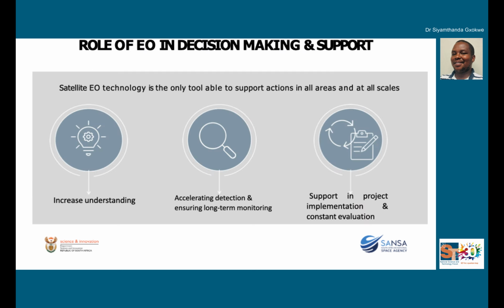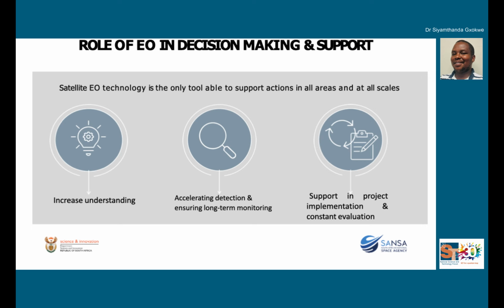And as a result, the role of Earth observation is that it allows us to support actions in all these areas at different scales. When I'm talking about Earth observation, I'm talking about the data that is collected by satellites in outer space, which gives us information about what is going on within our Earth. Those allow us to track the changes much better than using traditional field measured data. Because field measured data, in as much as it gives us a good understanding of what is going on on the ground surface, is limited to certain areas.